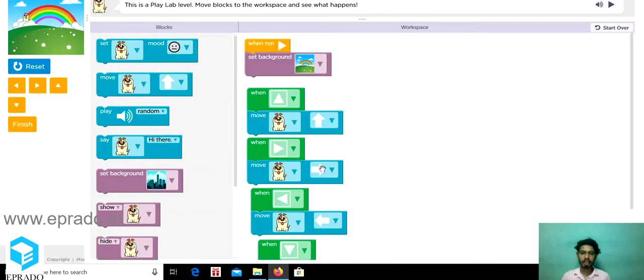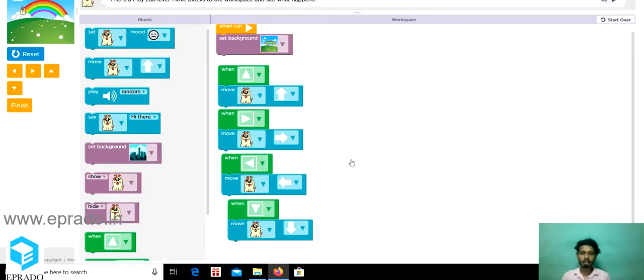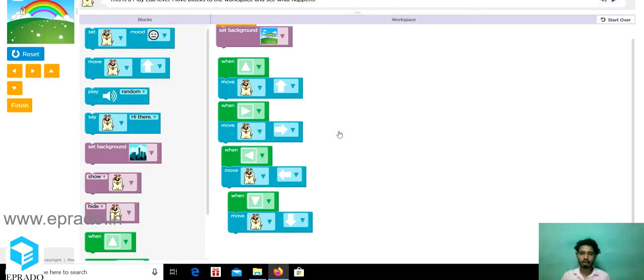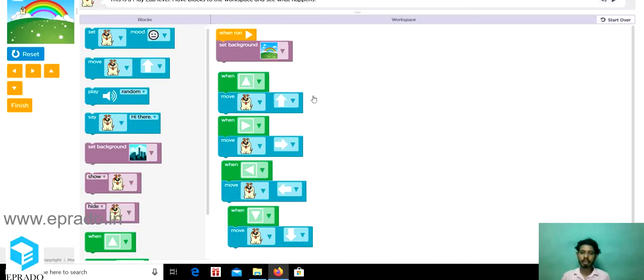So similarly we can add controls to the robot also. So this is a basic control block that requires input from the user. So whenever this program is running, it will require some input from the user. It will be waiting for the input from the user. So as soon as we provide an input, it works accordingly. It makes a move according to the input. Okay, let's check what else we can add.